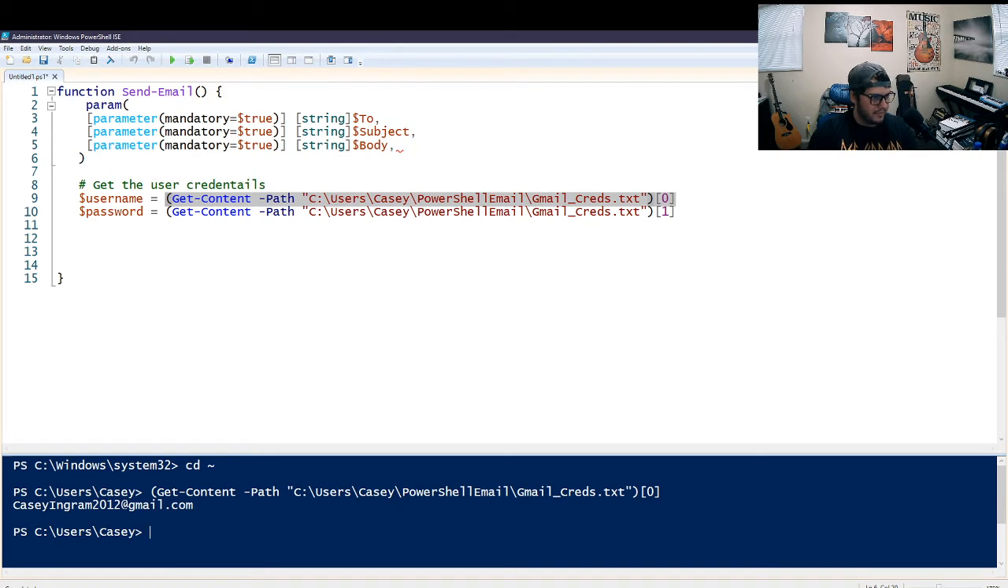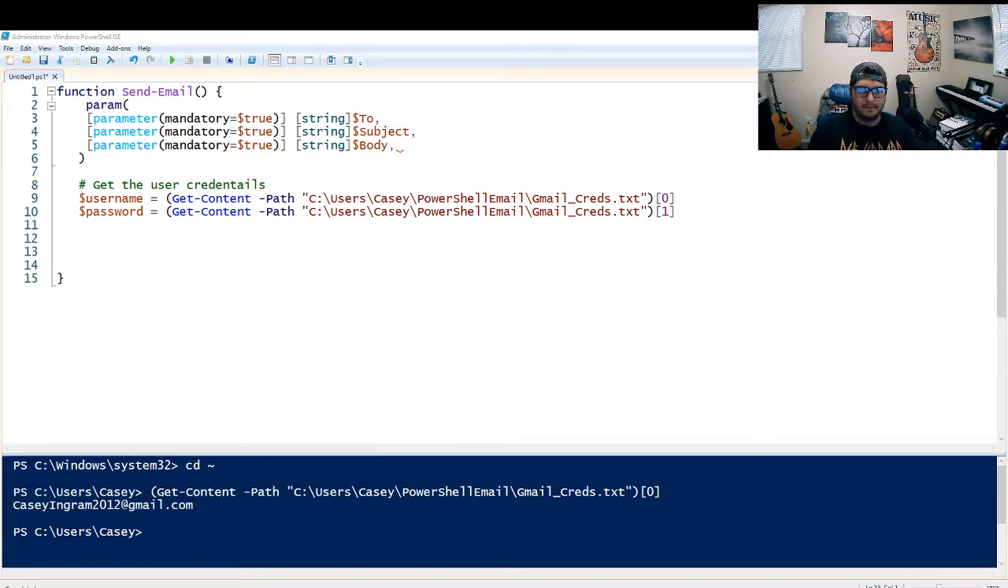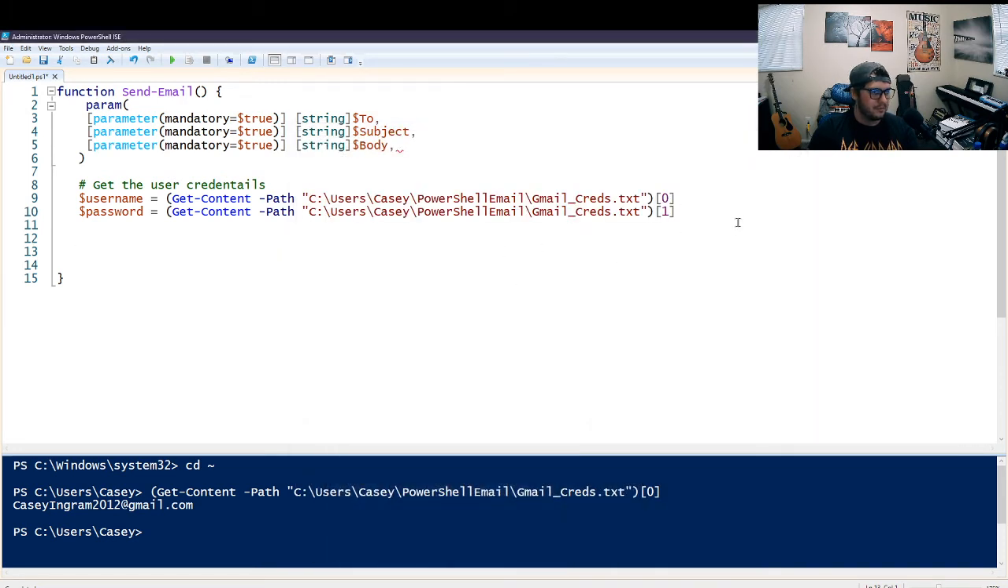So in the command prompt, you see caseyingram2012@gmail.com. And that is basically saying that this indicator is finding information within my text file. So if you were to come here and let's say you opened up a text file, notepad, and you typed in hello world, test, I love pizza, and this would be your 0 object location, your 1, your 2. So of course, for all intents and purposes, I do not want to exploit or expose my password. So if I was to click F8, this would show my password to my email, which we don't want